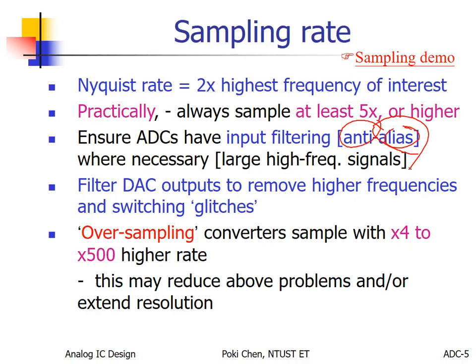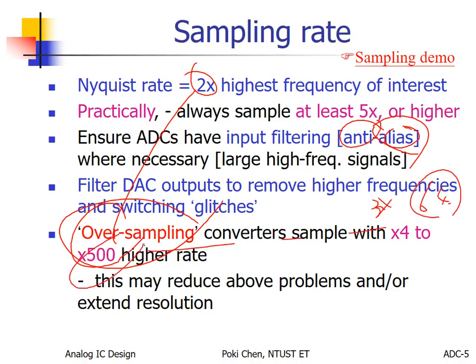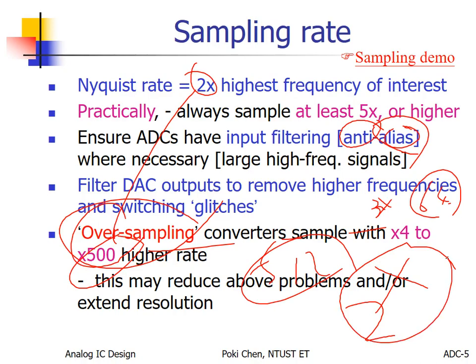Anyway, the other one is oversampling. Oversampling means larger than the Nyquist rate. In theory, it is called oversampling, but in practice, to my memory, it is usually at least tens of times higher, like 32 or even larger, 64, all the way to 256, according to some power of 2. That is the usual case for oversampling.